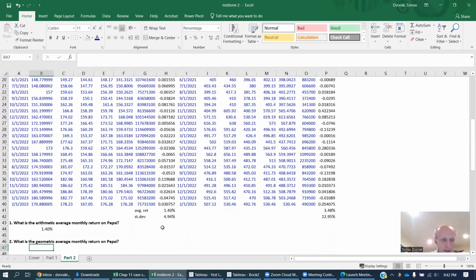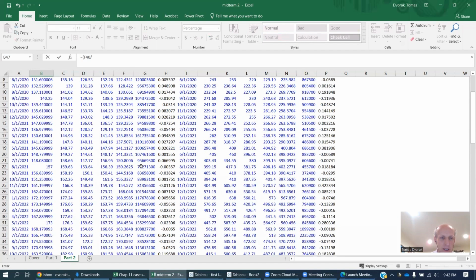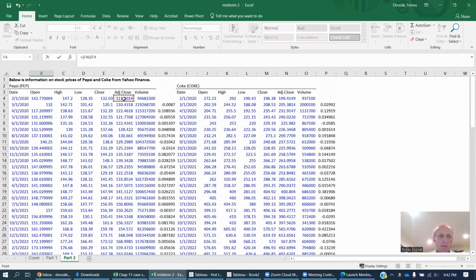So we have that. What is the geometric average return on Pepsi? Well, we can use our beginning and end values. So we know that the ending value would be this one, the adjusted close. I divide that by the beginning value. If I started basically with $111